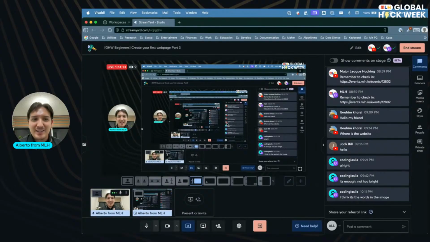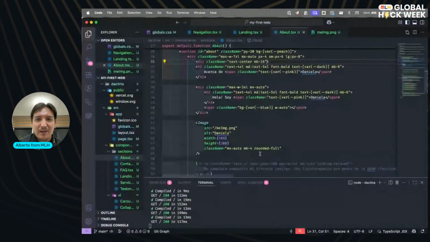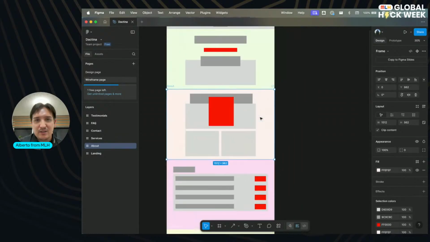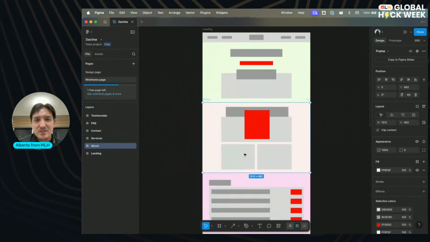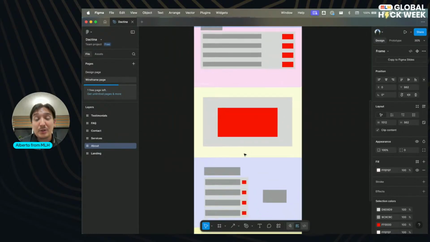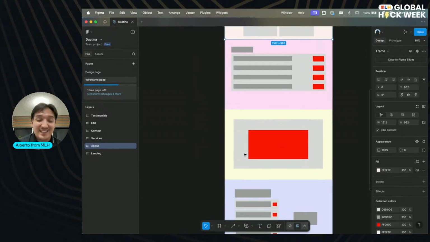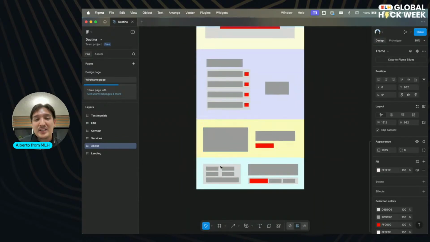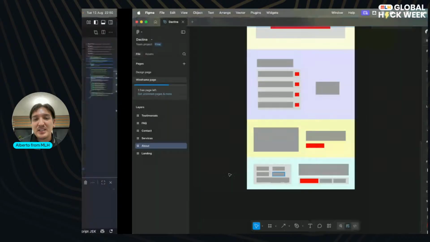So that will be it. Probably we don't have enough time to finish the remaining three sections in the last session, but probably we can complete after this one the contact, just to integrate a little bit of the backend for sending emails.